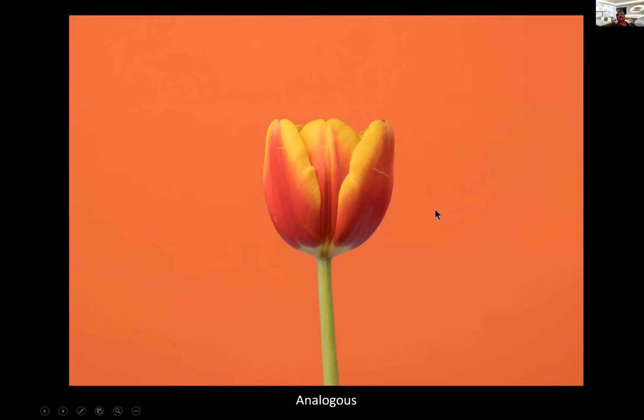So let's start with analogous. This is a perfect example of a tulip on an orange background. It's basically an analogous composition. So here there are three colors: the orange, the red, and the yellow. These are three analogous colors which are adjacent to one another on a color wheel. So there is a combination of these three colors which are directly adjacent to each other on a color wheel. This group of colors can have a limited spread to 2 colors. It can spread further to 4 or 5 colors, but in this case, it's 3 colors.